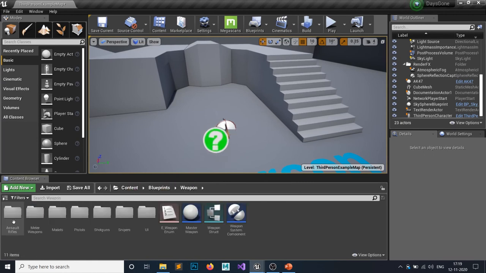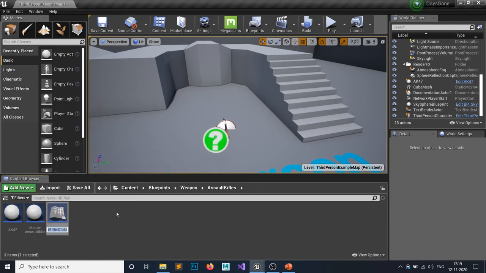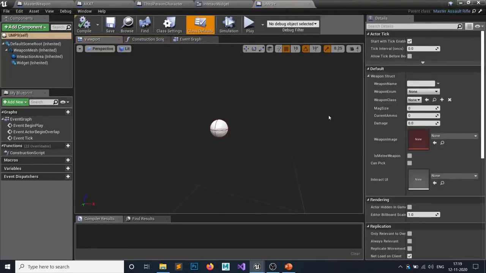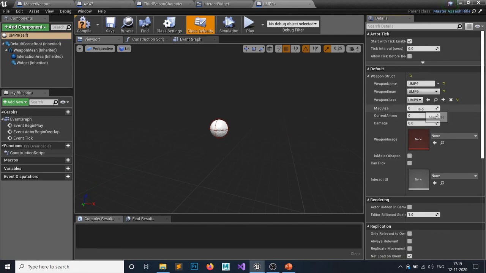I need a new assault rifle, so I will click and create a new assault rifle, call it UMP9, and open that up. The type of this would be UMP9. Set up everything. Let's say max size would be 30, the gun currently has 30 ammo, and damage would be 7.